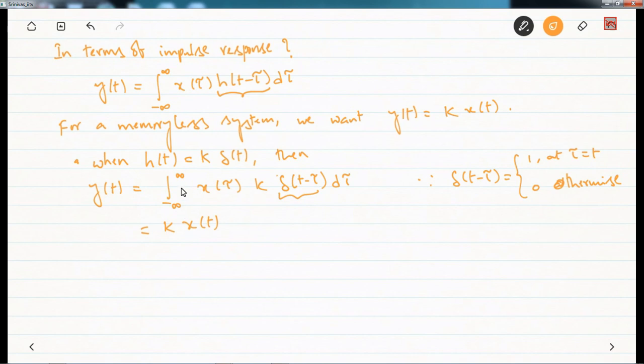It's a simple integral, right? We are kind of doing reverse engineering. We know what should be the output. So this is the output equation, and we know that for this system to be memoryless, we want y of t to be equivalent to k into x of t, and then we are guessing that when h of t is equal to k into delta of t, then it becomes a memoryless system. So the same thing we are verifying. So that means